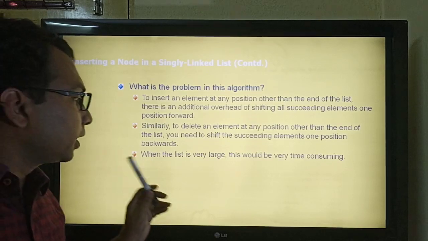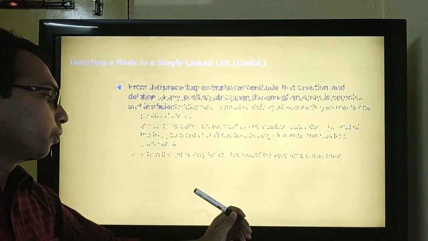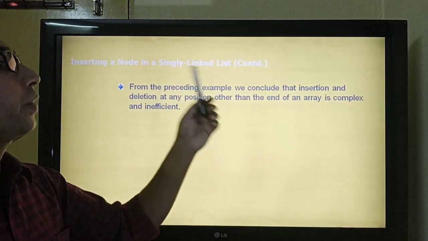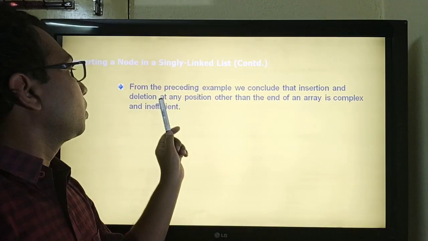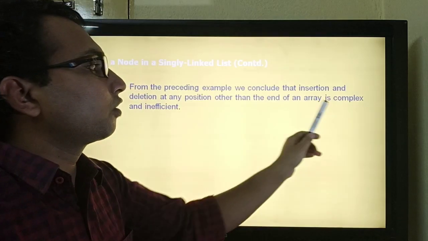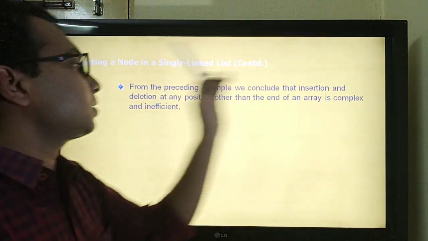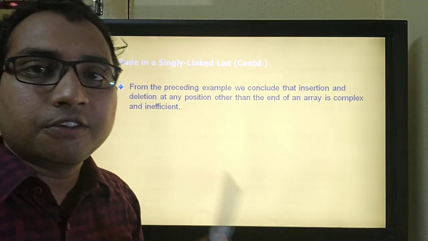So insert operation is also not much more beneficial, and so is the delete operation. When the list is very large, this would be very much time consuming, and from the preceding example we can conclude that the insert and delete operations at any position other than the end of the list of an array is complex as well as inefficient.